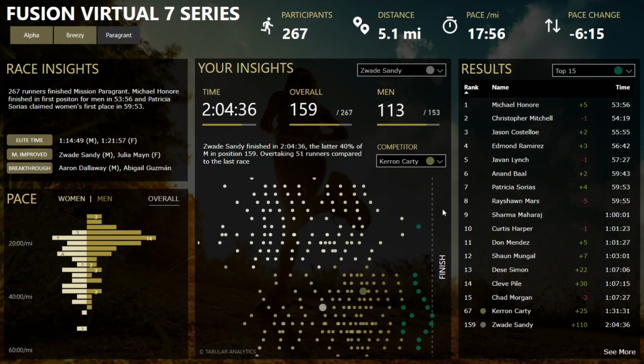And finally, we have the results section that is filtered for just the highlight results. The default filter is the top 15 runners. So here we have the top 15 runners. The selections for yourself and your competitor are always included in the filter ranking. So in this case, Karen Carty, who placed at 67, is included with the green dot highlight, and Zwade is included with the green dot highlight,